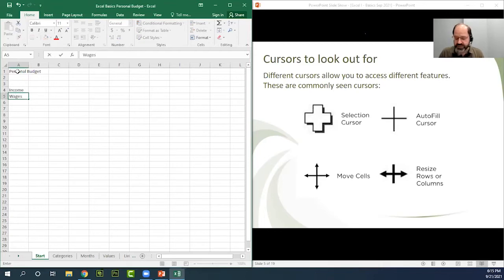Start with wages, enter to move down, interest, enter to move down. And we'll have a miscellaneous category and move down. Then we'll have an income total. And move on down. And next we'll skip line 9, row 9, and start with expenses